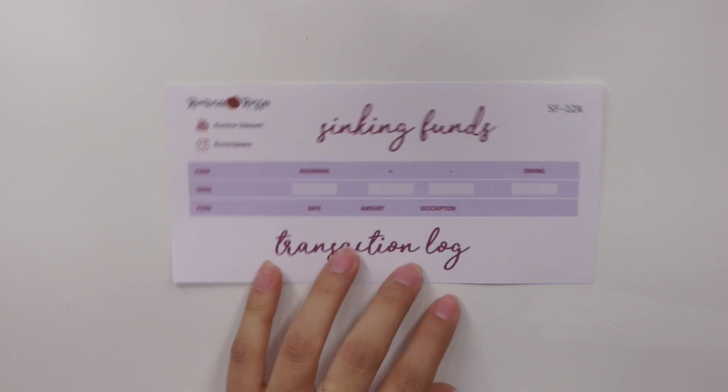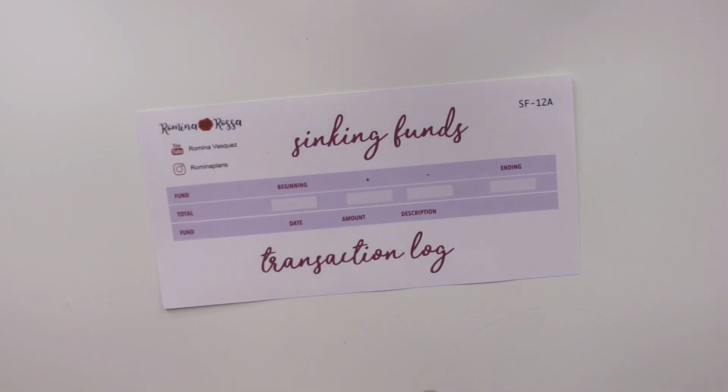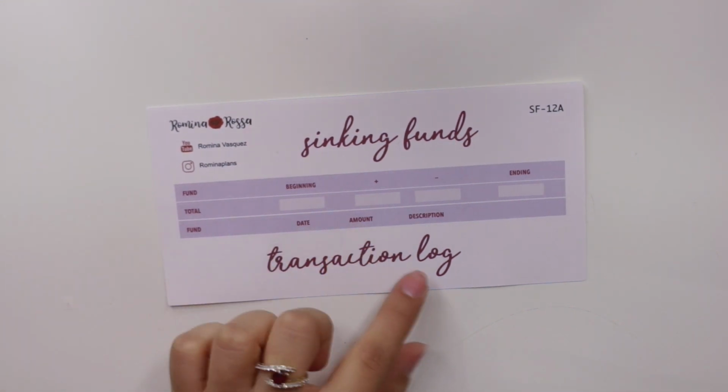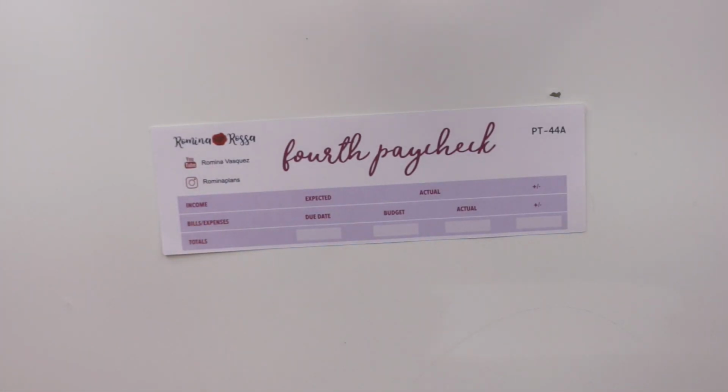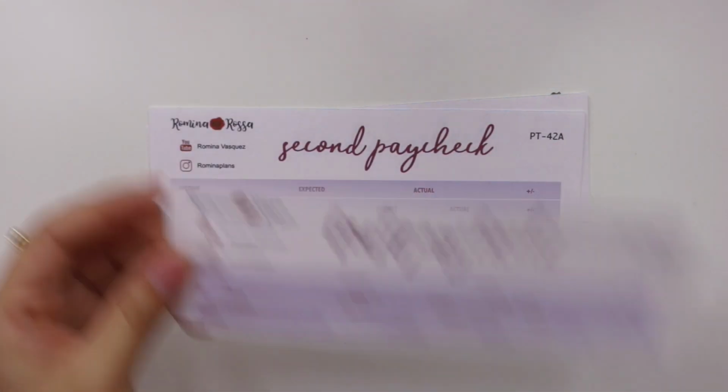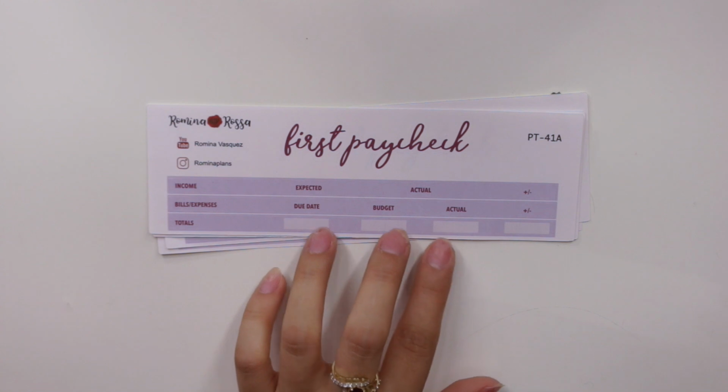Aside from this, I do offer other trackers that I personally use in my budget planner, which are the sinking funds. And as you guys can see, it's once again that sort of lilac color with the plum color script. We also have the paycheck stickers for all of my paycheck to paycheck budgeters. So I have 4th paycheck here, 3rd paycheck, 2nd paycheck, and 1st paycheck,